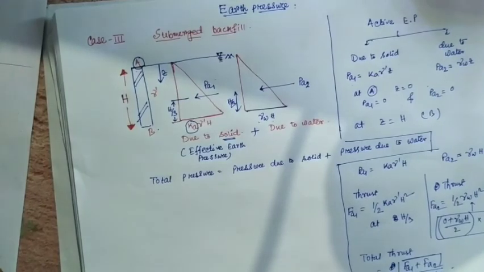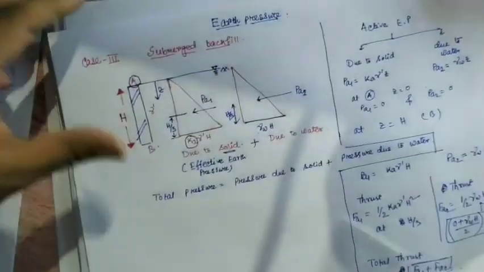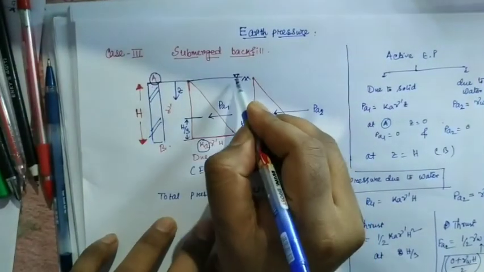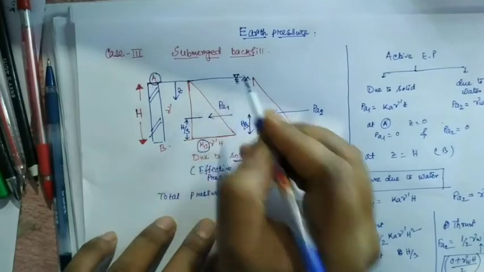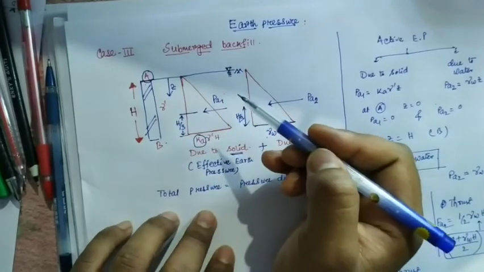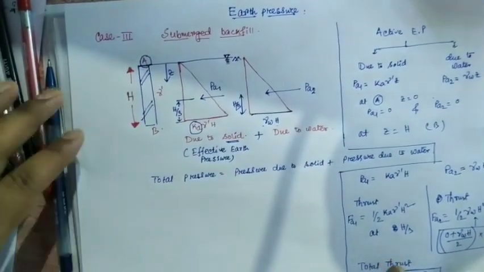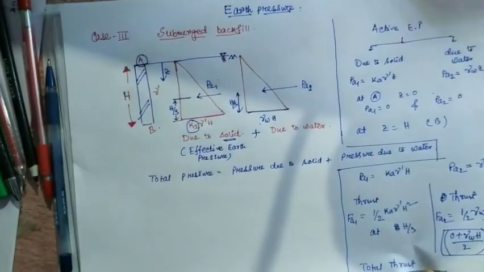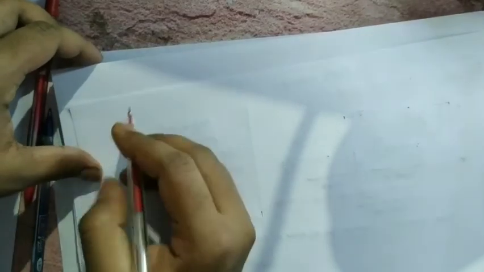Now, that was the condition when the water table and ground level are at the same level. But when the water table is present at a certain depth, all the calculations will change. So now coming to the next case, very important case. Sorry, case number 3 is done, so it will be case number 4. So now case 4.